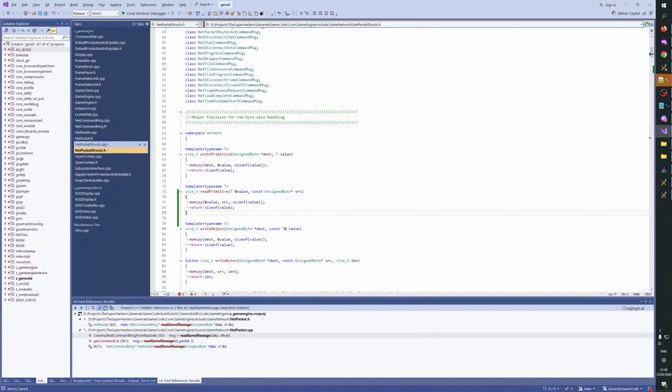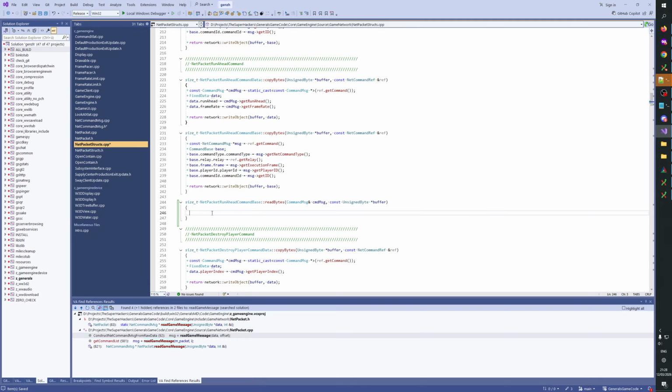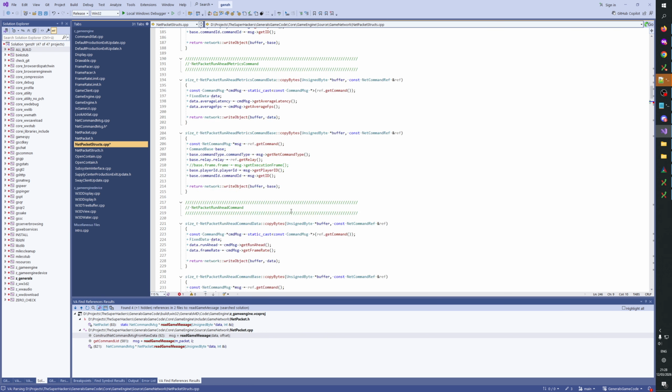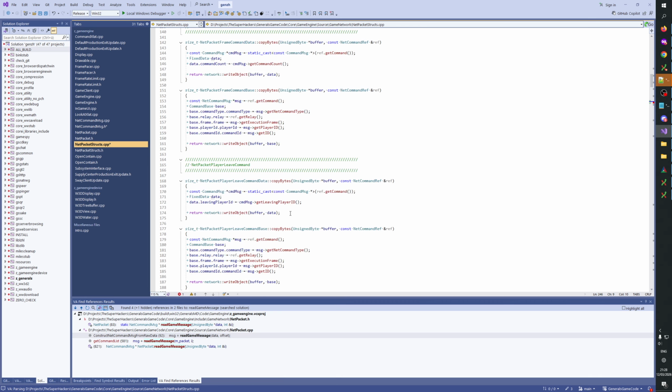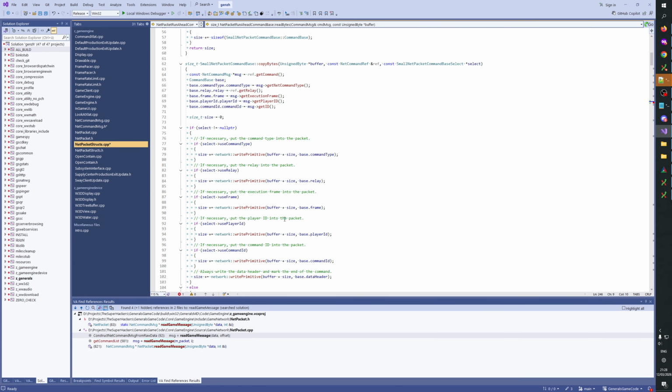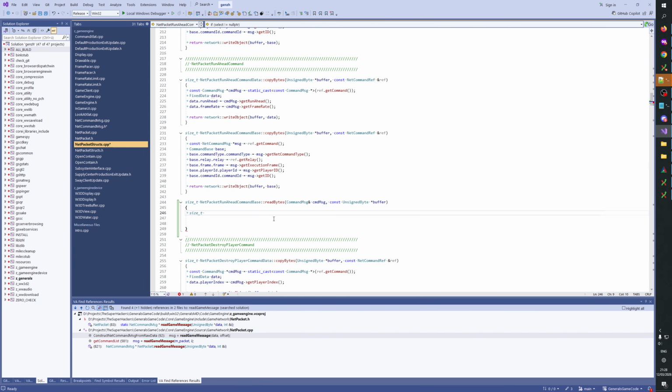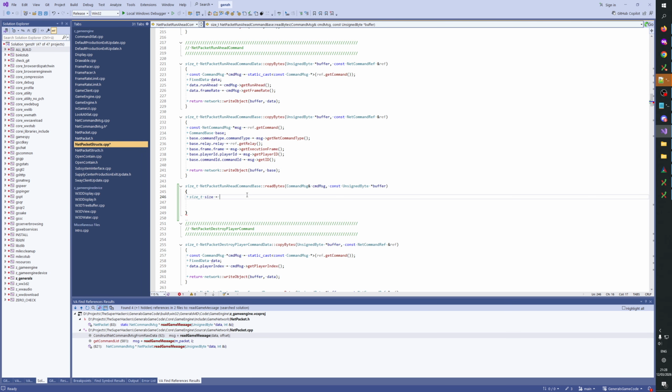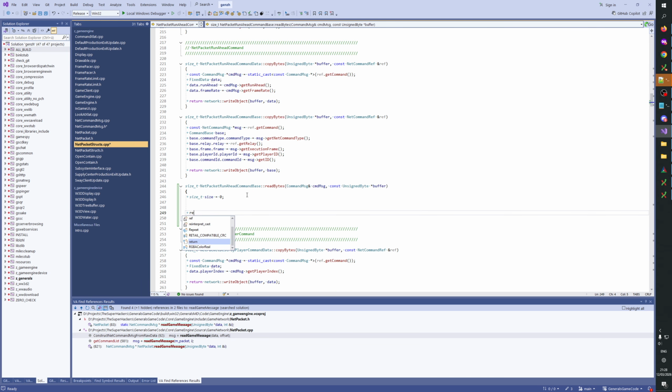And then here we would do size_t, how do we do it? Size, okay. Size equals 0. Return size. And then